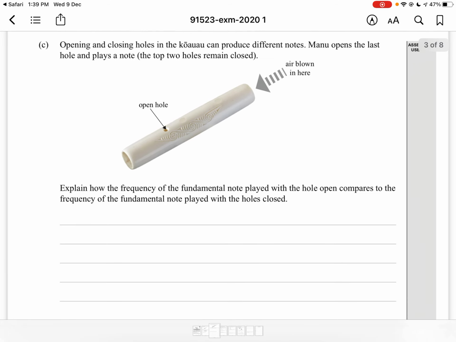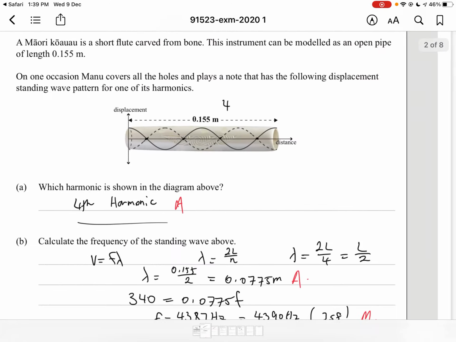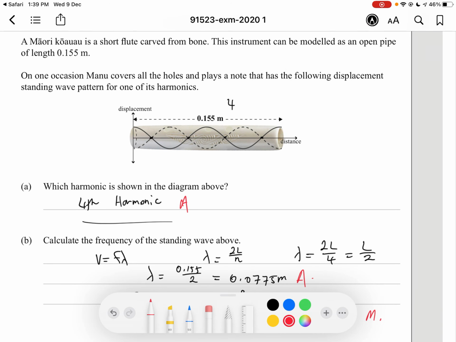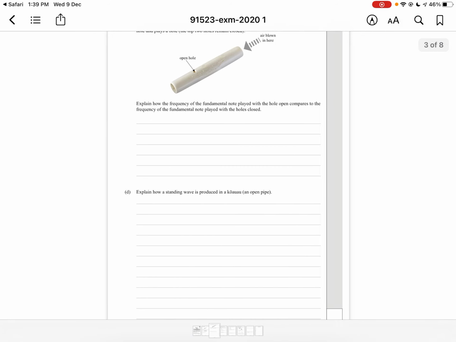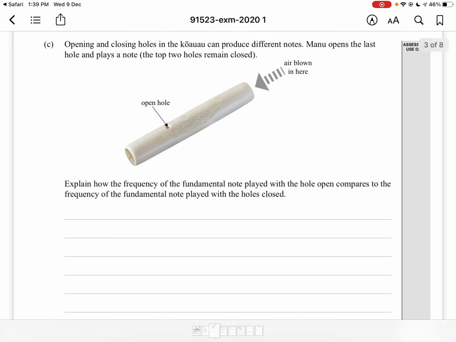So question C, opening and closing holes in the KOO can produce different notes. Manu opens the last hole and plays a note. So the top 2 holes remain closed. Alright, so originally when we had our 4th harmonic played, all the holes were closed, meaning that the only 2 open ends were at both ends of the KOO. But in this case, in question C, one of the holes is opened, which means that the open